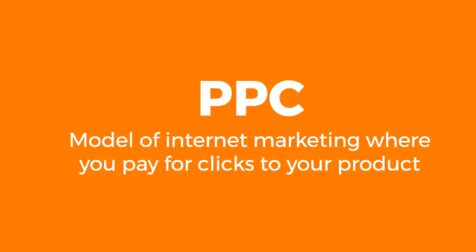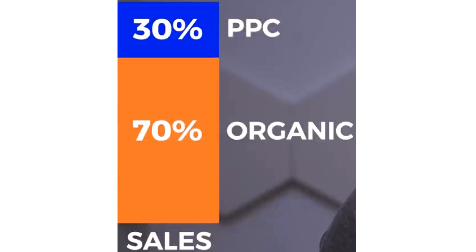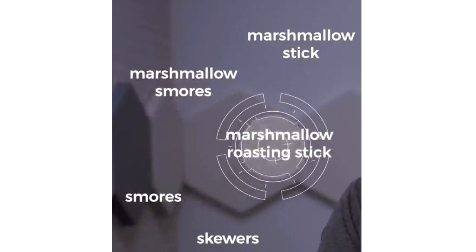PPC stands for pay per click, which is a model of internet marketing where you pay for clicks to your product. PPC will help you get additional sales, and it is great for helping you rank on particular keywords because you can target those specific keywords, and then all the sales that you get on that keyword will improve your